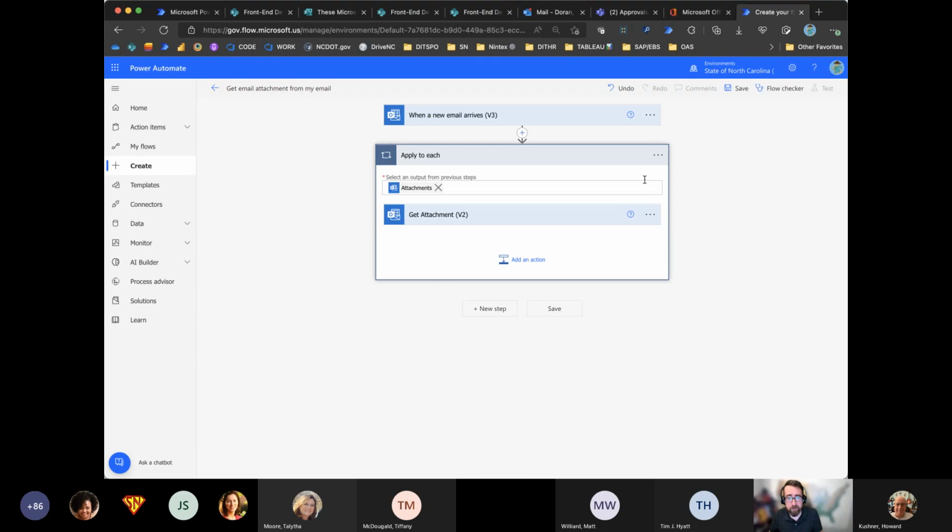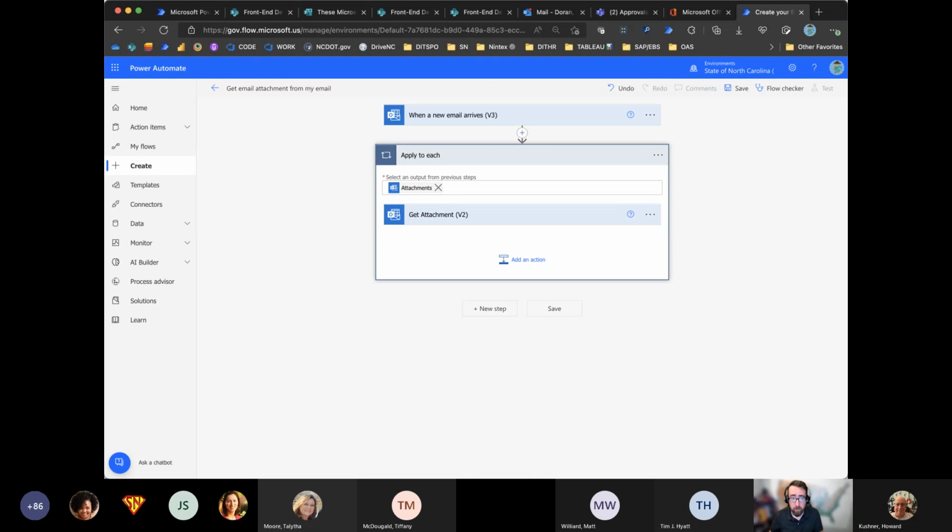But you see, apply to each showed up. Power Automate knows it's a fair chance if somebody attaches one document, they might attach two. Power Automate's like, unless you tell me otherwise, I'm going to do this to all the attachments that come through. All right, so I've got these documents.